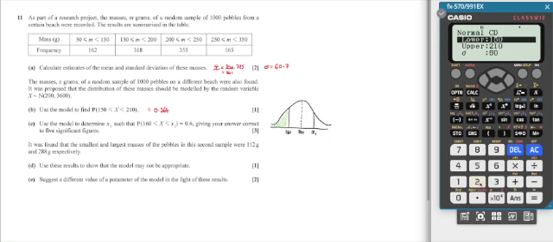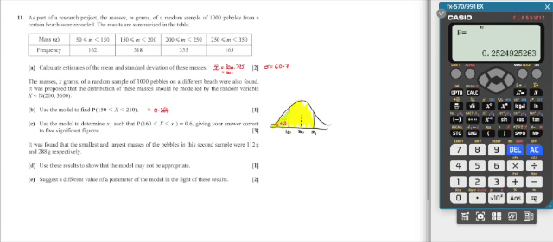My lower, let's make it really small, minus 99999. My upper then is 160. That tells me that my green area there is 0.252. So the whole area that I'm interested in, that I'm going to shade yellow,